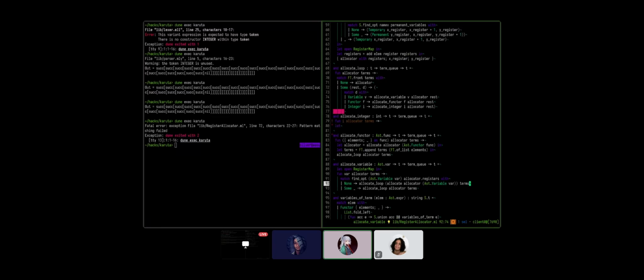Allocate variable. Wait, this is the register allocator, right? Yeah, we're allocating registers in here. We don't need to allocate a register for an integer. Actually, I don't think it makes sense to allocate a register for a number because that's not something we have to remember later, right?